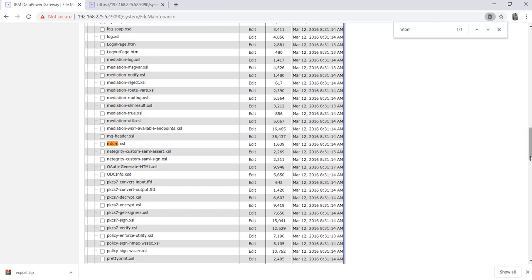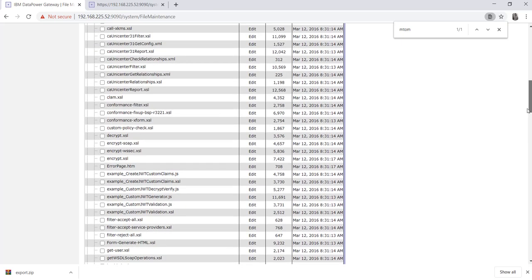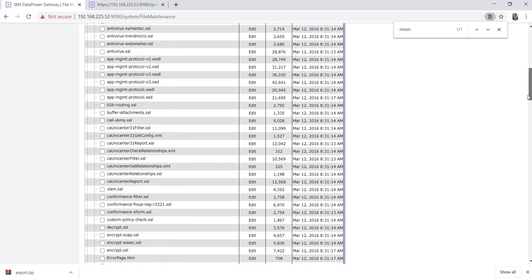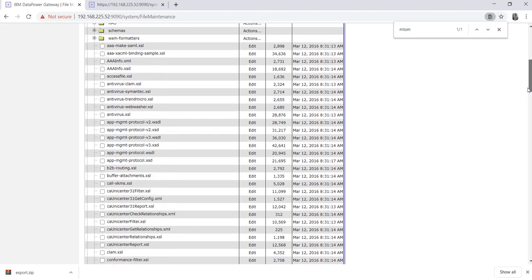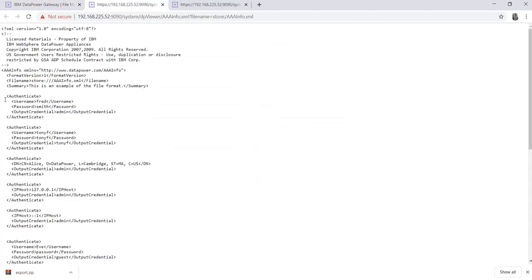So basically store is a system inventory of DataPower files, which DataPower uses to perform many kinds of operations. Like here is a triple info file. If you want to authenticate a resource prior to using it, this is the XSLT, and here the tag is authenticate. Let's take a use case.